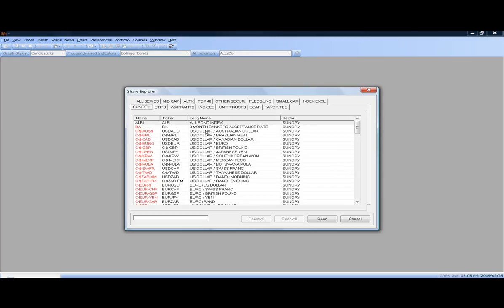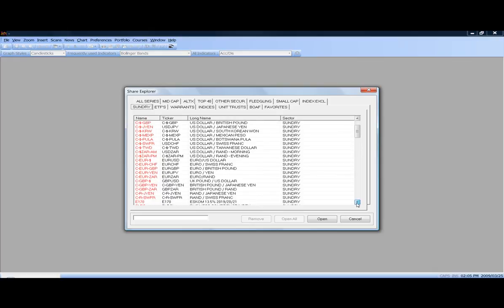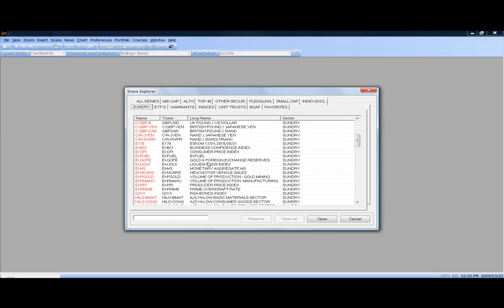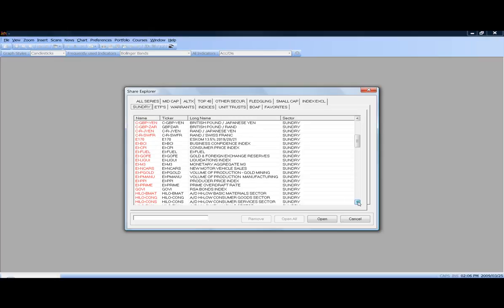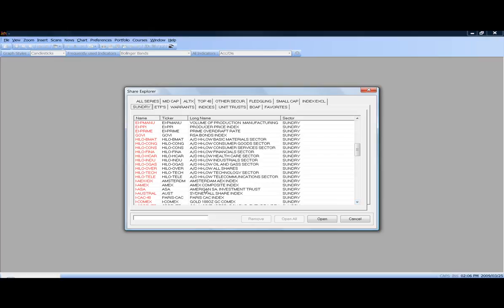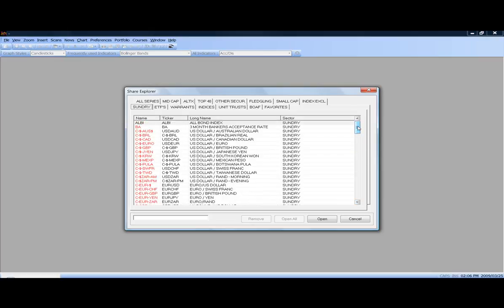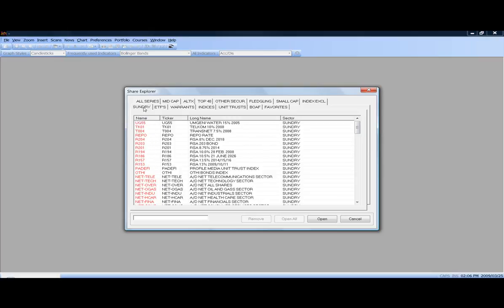Right here we have currencies, we have commodities like the gold price and things like that. We have economic indicators, and there are lots of different items in this sector. Let me now go back to the all series,